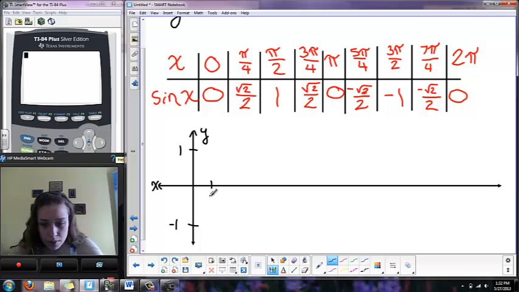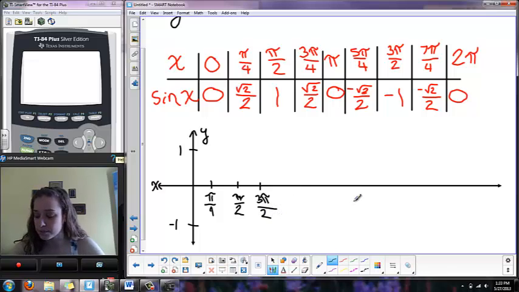So we have pi/4, because that's 0 right there. Pi/4, pi/2. And you're going to start out with your homework by labeling every single one of these, and then once we go on you can label them by 90 degrees, so 0, pi/2, pi, 3 pi/2, and 2 pi. But when we're starting out, I want you to label all of these. Pi, 5 pi/4, and the reason why we're doing this is to see the exact values at each of these increments